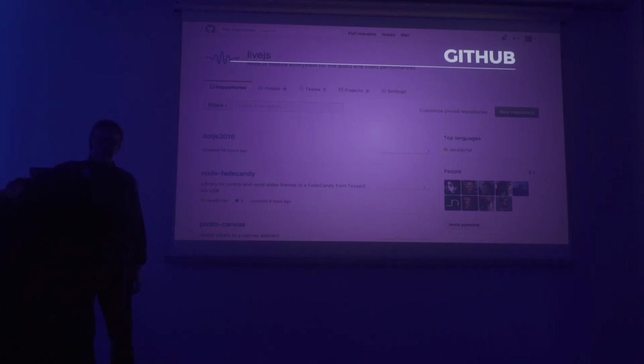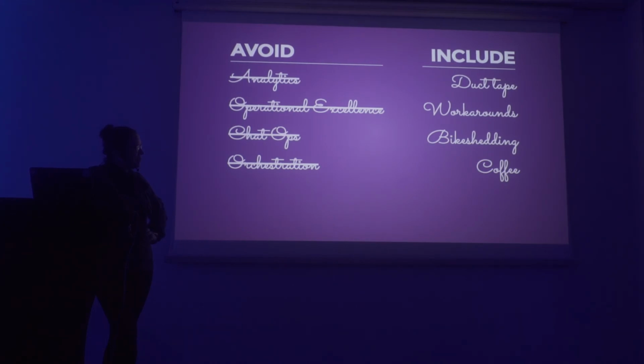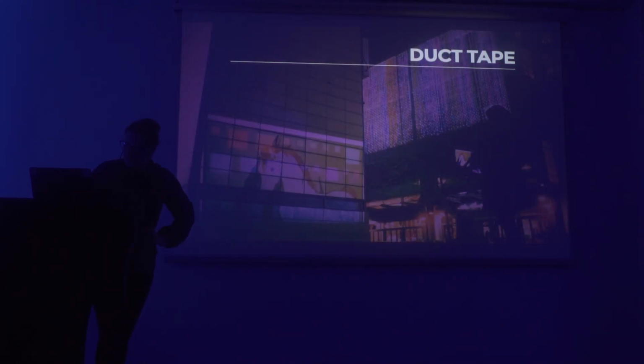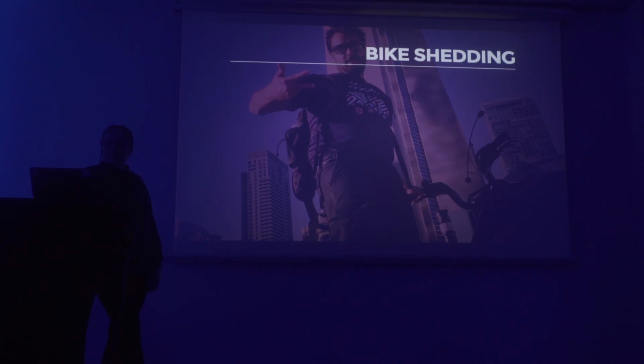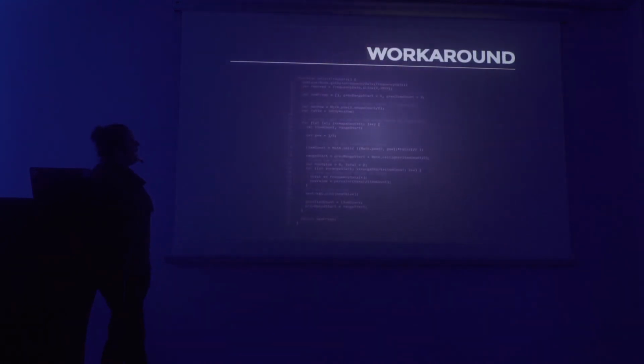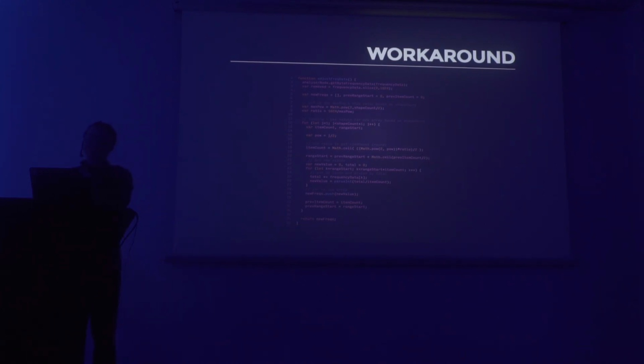There is one thing I really want to address before we all go for beer, though. I'm sure you've all noticed as you've been sitting there, because you're all pretty keen-eyed, right? Duct tape, workarounds, bike shedding, and coffee? Yeah, of course it was there. My whole portable VJ pack is obviously held together with duct tape, obviously. Ben's on a bike. I mean, come on. This whole function here is obviously a workaround. And drinking coffee. I know.